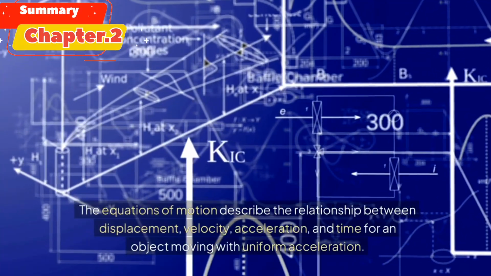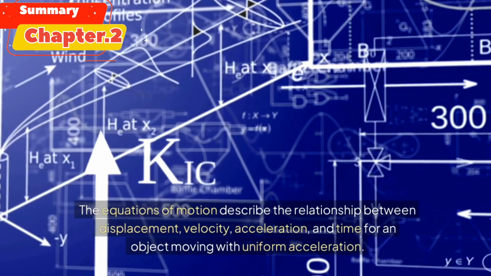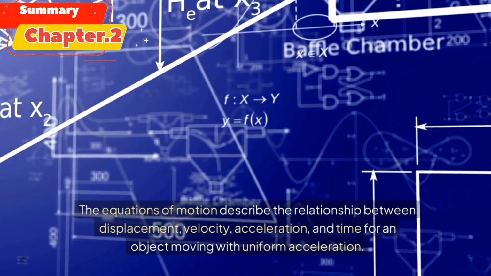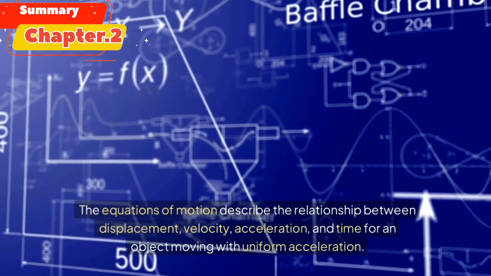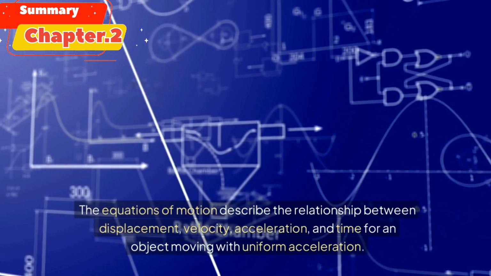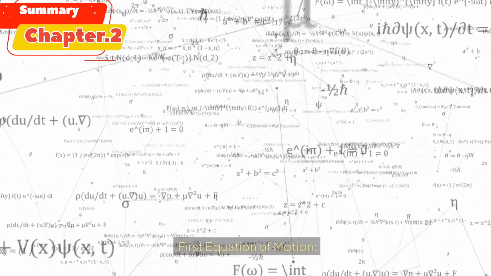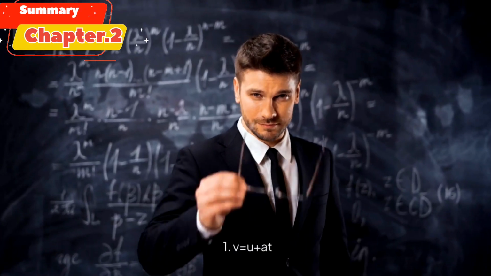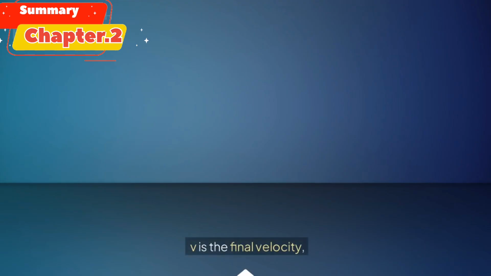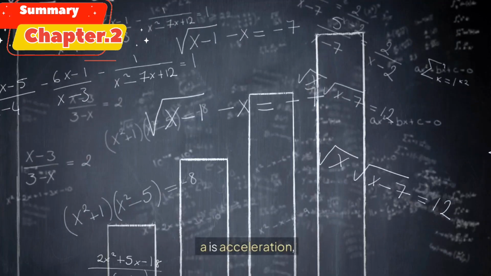The equations of motion describe the relationship between displacement, velocity, acceleration, and time for an object moving with uniform acceleration. First equation of motion: v equals u plus at, where v is the final velocity, u is the initial velocity, a is acceleration,